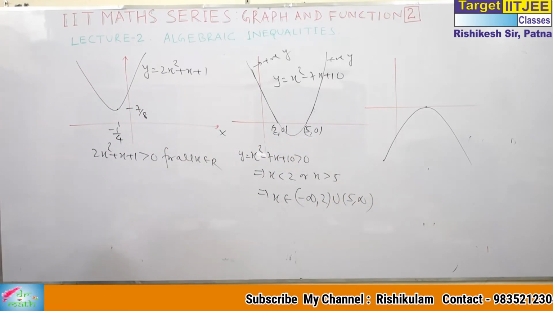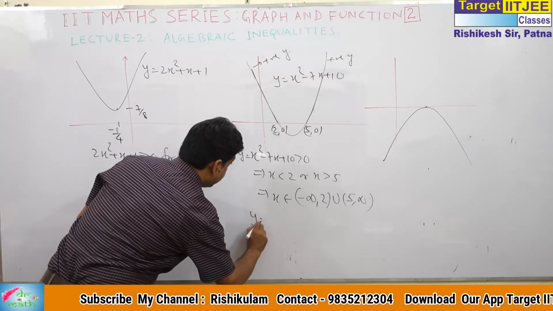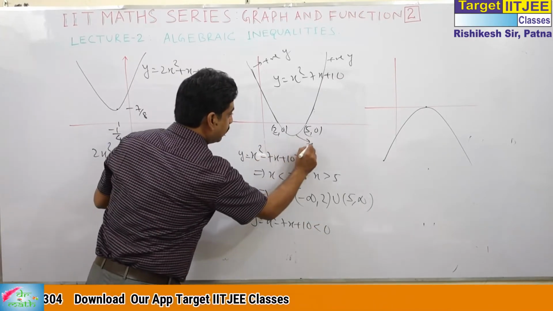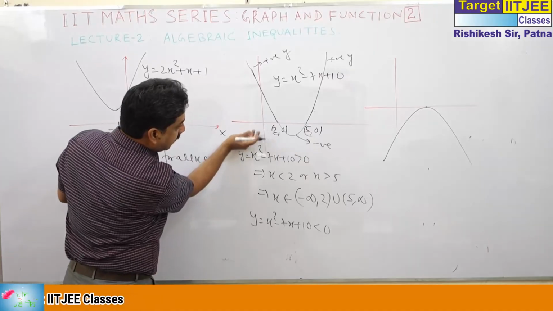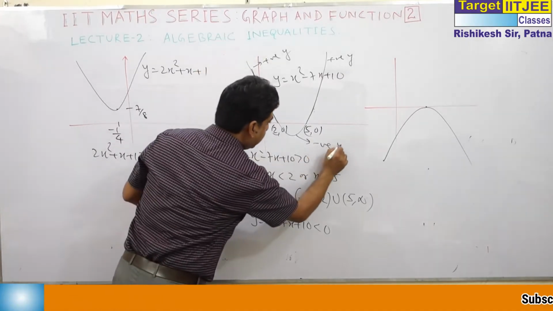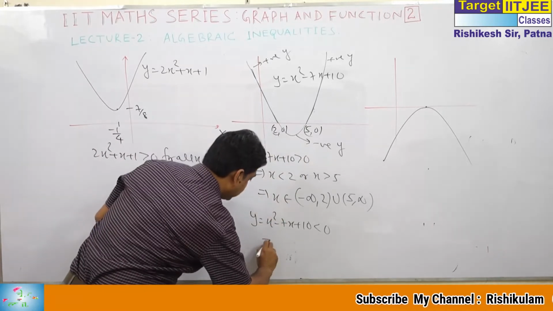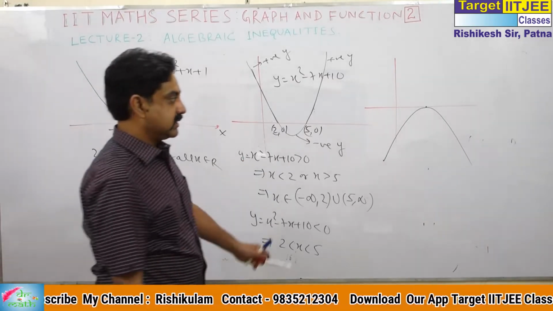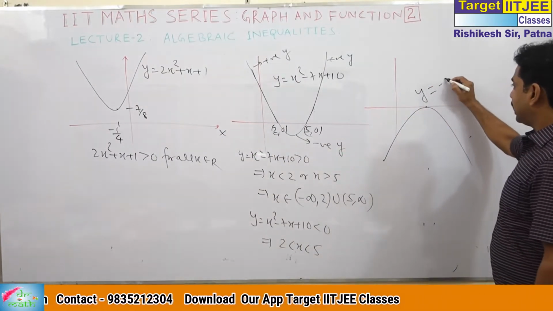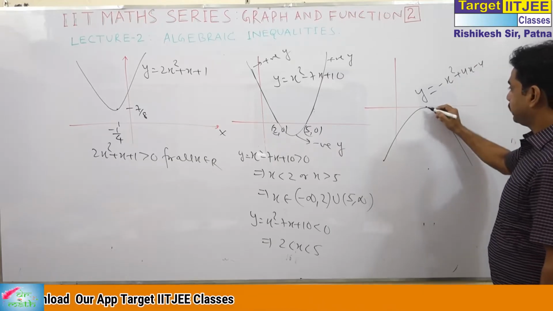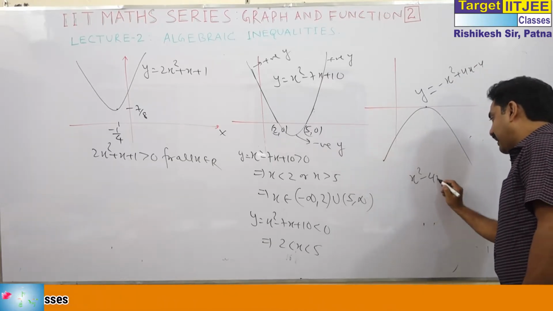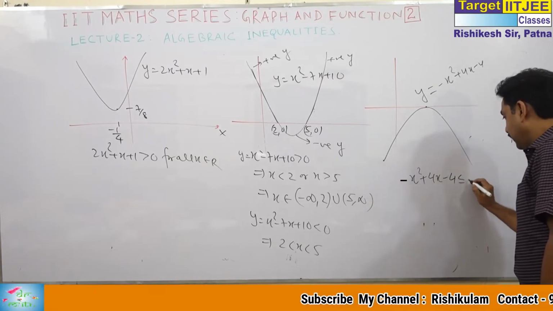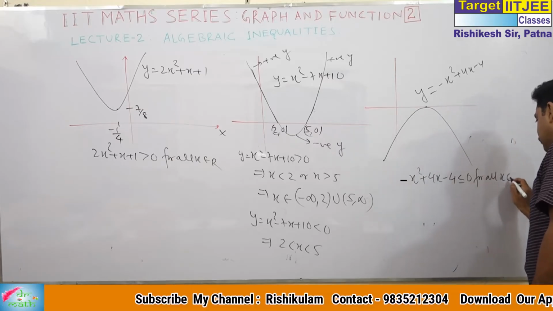These are different ways. Now, what happens when y is equal to x square minus 7x plus 10 less than 0? You say this is negative y. It lies below the x-axis. y is negative here, y is positive here. This is negative y. What do you conclude? x lies between what? 2 to 5. And what about this? This was the graph touching. You can say x square minus 4x plus 4 is less than or equal to 0 for all x belongs to R.